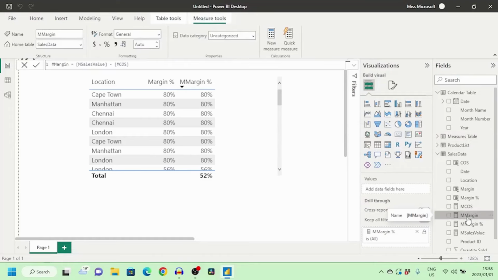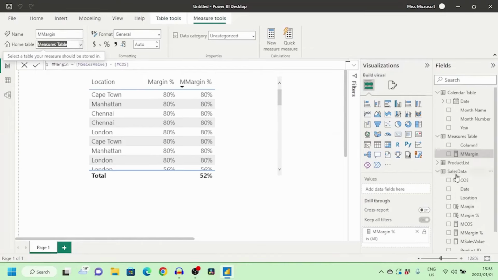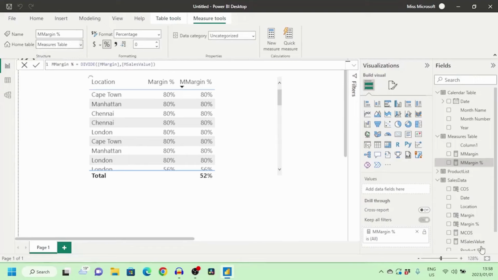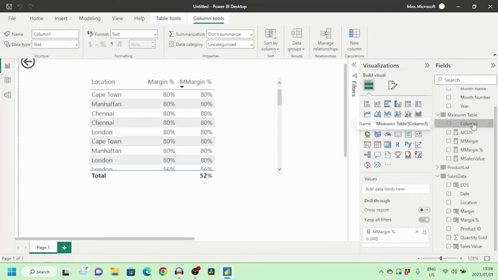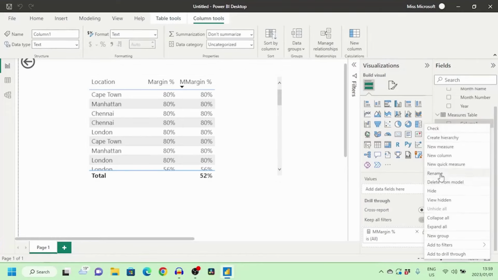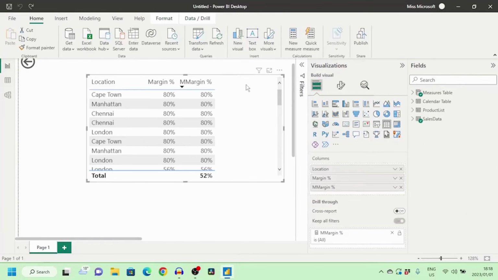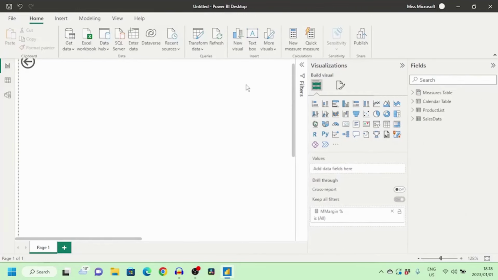Now let's click on one of our measures, and up here in the Home table, let's change this to Measures Table, and our measure has moved. We can do the same for the rest of our measures. So now all our measures are neatly organized and we can find them quite quickly when we need them. Let's delete column 1 from this table as we don't need that. Let's click on this table to select it and delete it